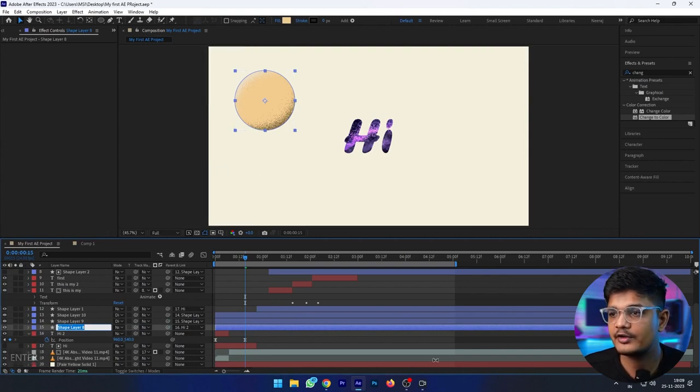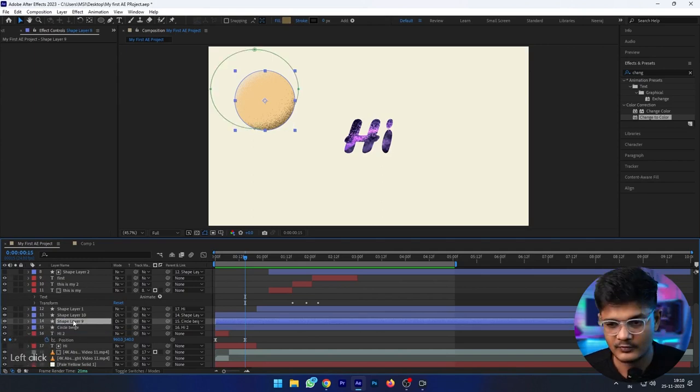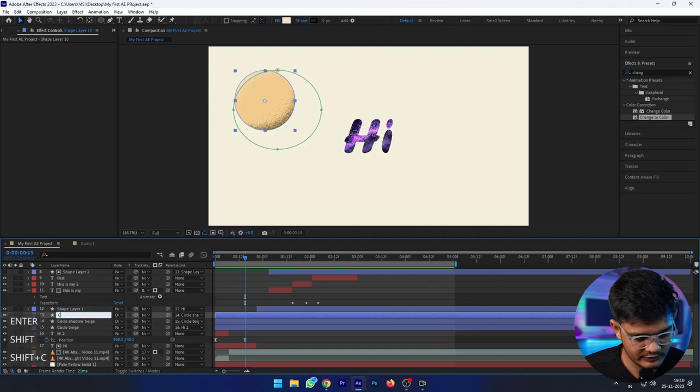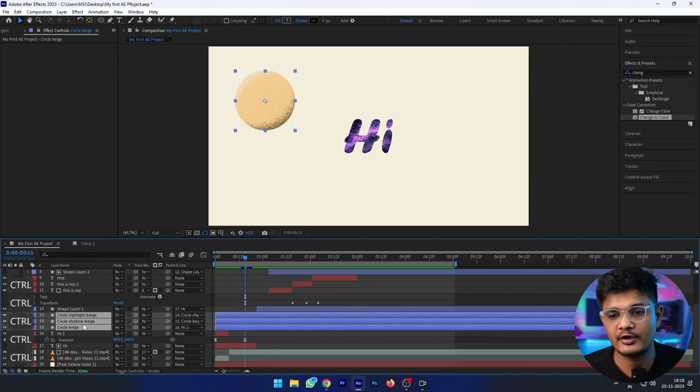You can change the layer's name: circle yellow, and beige. Circle shadow beige, and change its name to circle highlight beige. Okay. Now let's duplicate this layer by pressing Ctrl D,